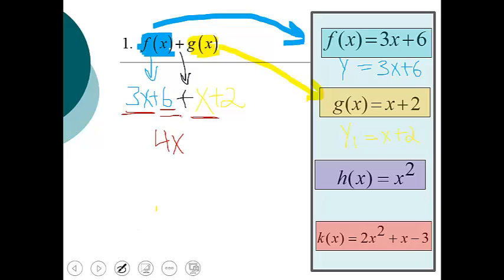I have 6x and 6 and I have a 2. So I add those together and I get 4x plus 8, and then I'm done. That's fully simplified. The other thing, if you see, I have my underlying like terms. That kind of helps me visualize what the like term set is for each one of these. So your final answer is going to be 4x plus 8 is what the two functions added together